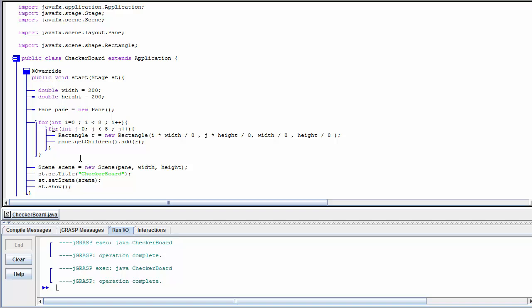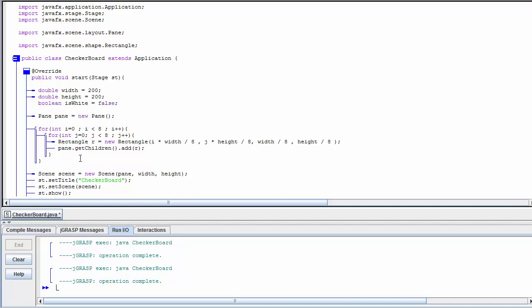So I'm going to use a variable to keep track of what's happening here. Okay, so inside my method, I'm going to have a boolean, and I'm going to call it isWhite. Okay, and I'm going to start with, well, let's say isWhite equal false. That's totally arbitrary, okay, and I'll change that after, but it's just a way to get started with one color,